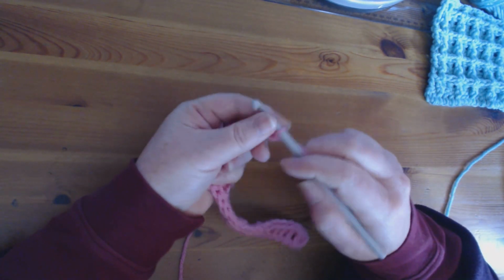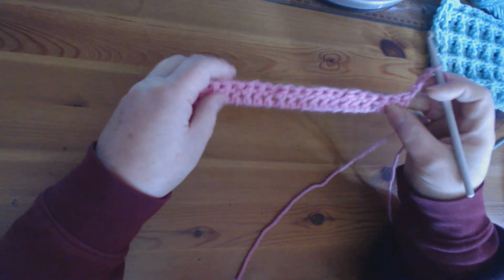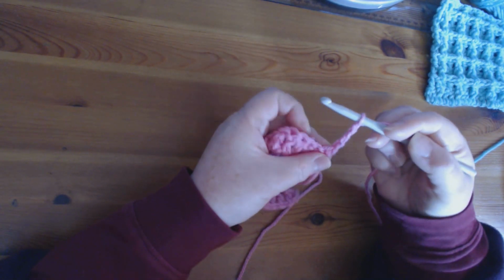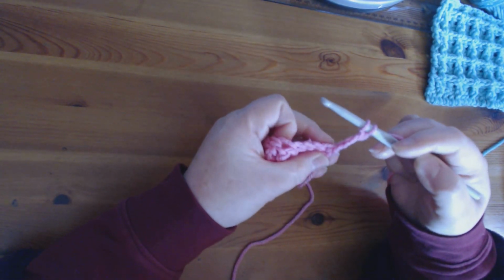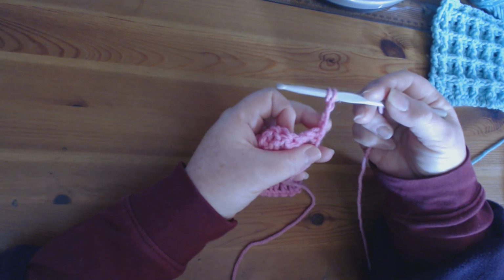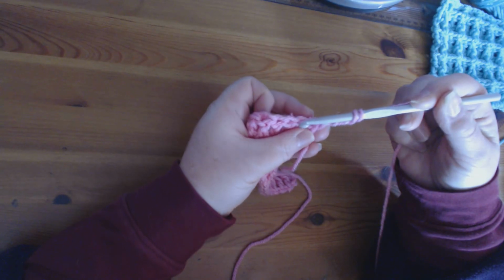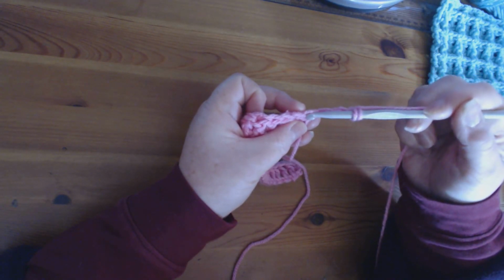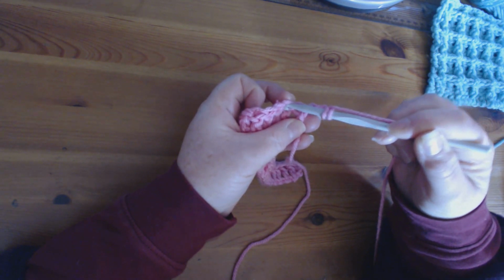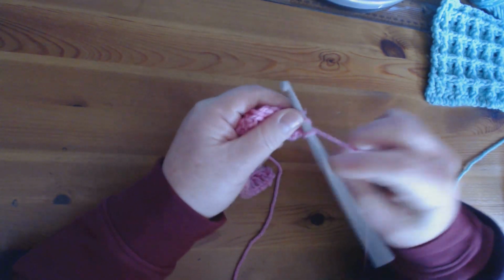and to do the next row you need to turn your work. So your chain 3 is on your right hand side, and you do a treble crochet into the next stitch. So because your chain 3 is going to be part of the pattern, you go into the next stitch and not into the same stitch that your chain 3 sits on top of. So into the next stitch, do a treble crochet,